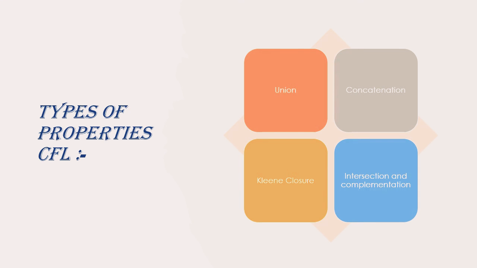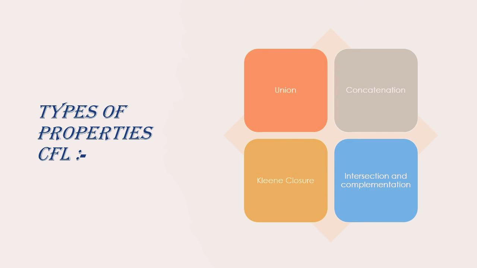Types of properties of CFL. There are 5 types of properties of CFL. Of these, 3 are closed under CFL and 2 are not closed under CFL, and we will see about them: union, concatenation, Kleene closure, intersection and complementation. Union, concatenation and Kleene closure come under the closed properties of CFL, and intersection and complementation are not closed